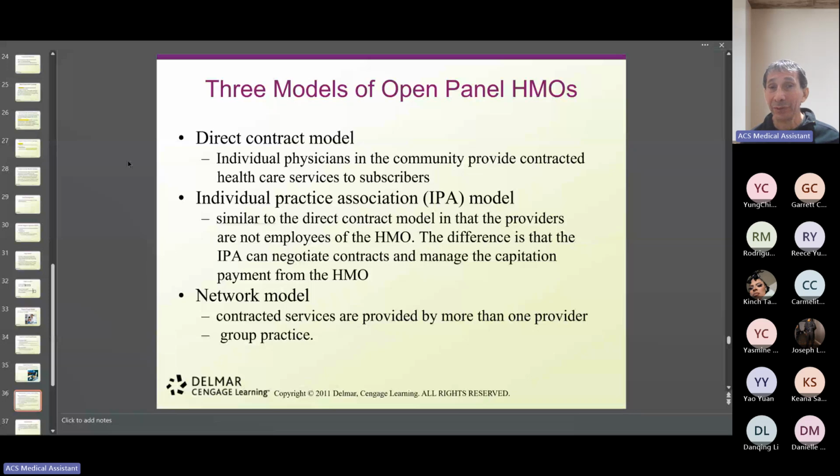Why do I have to have a gatekeeper, a PCP medical provider, that I have to go to always if I need something before I go to someone else? I have to see this person first, and my primary care physician is going to decide where I'm going to go next. And if this doctor decides there is no referral, then we're going to treat you and they're not going to send you anywhere else. It's their decision, so you're not going anywhere.